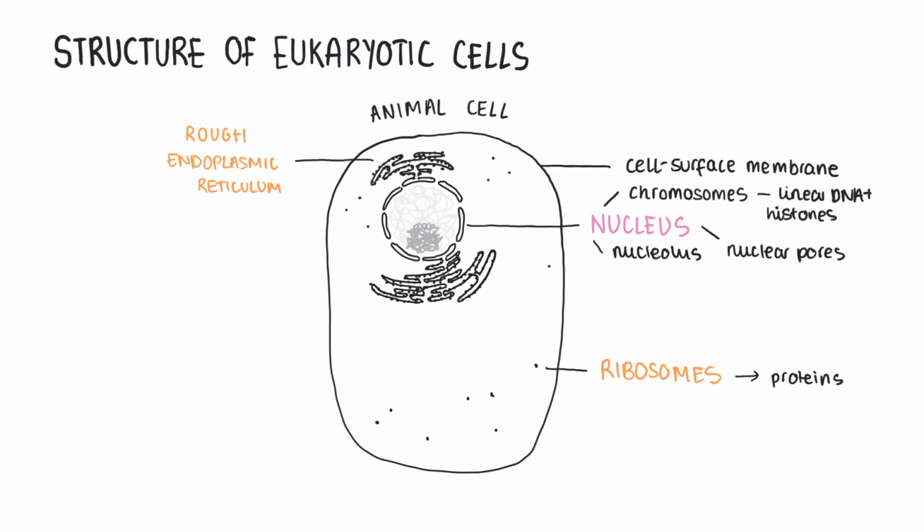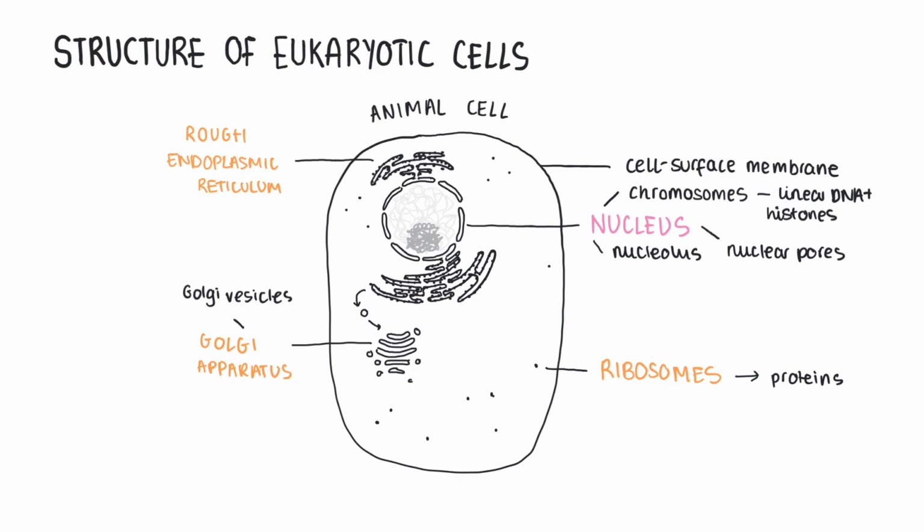So it can package them into vesicles, which are just small membrane-bound sacs, which bud off from the rough endoplasmic reticulum, and these can store or transport these protein molecules. So normally next, these would get transported to the Golgi apparatus, which is where these proteins can get modified. For example, we might want to add carbohydrates to form glycoproteins. Again, just like the rough endoplasmic reticulum, this is then going to package the proteins into vesicles, specifically Golgi vesicles,